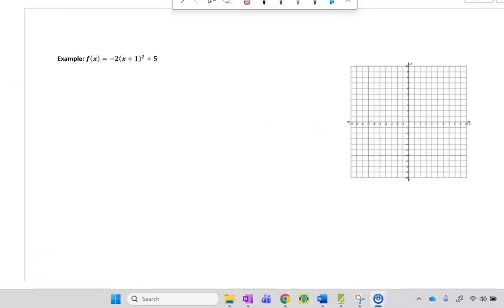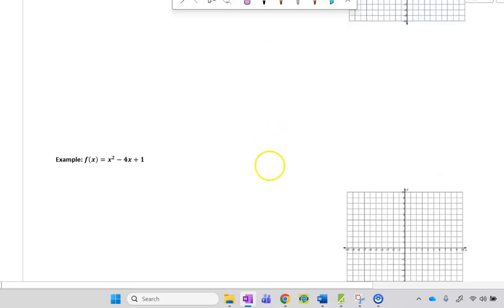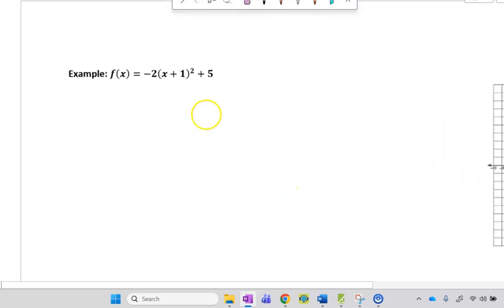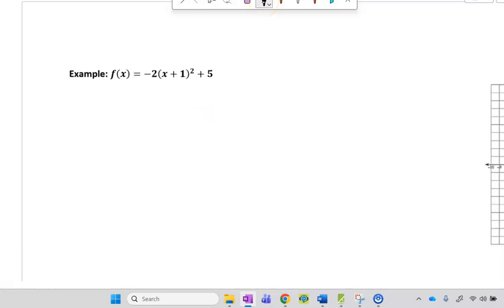Okay, on the back side of this page, you're going to see two graphs. We're going to graph one function in vertex form and then one function in trinomial form. So the first one is vertex form, and we're going to do this with no table at all. It's going to be kind of a rough sketch, but we need two main things, and then we will use the front number a to help us connect. The two main things we need are the vertex,